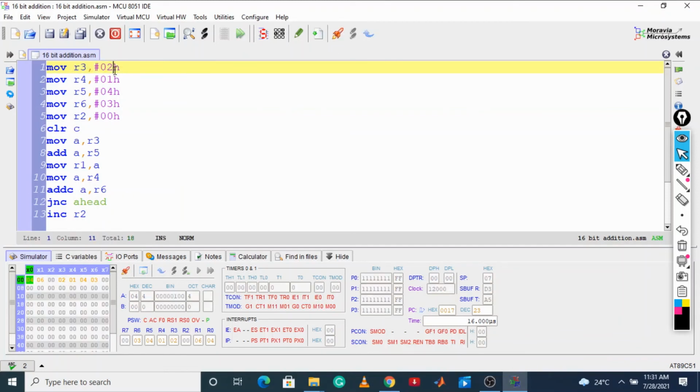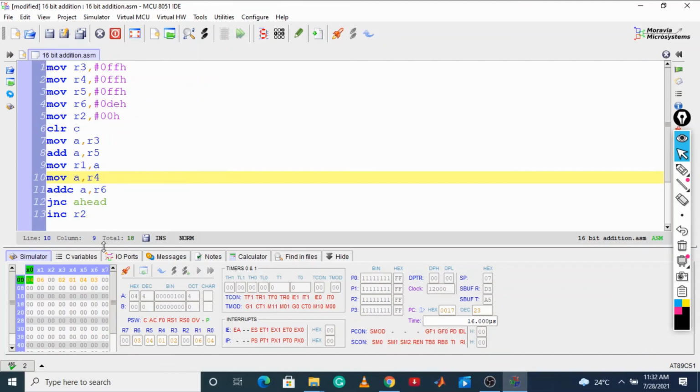Now I am taking all FF. For FF to be written, you need to write 0FF. Here also I am writing FF, and here also FF. All the numbers I have taken, or you can take any number like DE, any number. This is the number that we need to add.